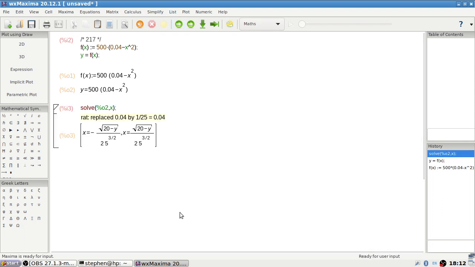Now, we've got two values, basically the plus or the minus, but the x has to be positive, 0 to 0.2. So we're going for the plus one here. So I'll just call the inverse function g, or I could give it some name like f. Maybe I can call it f inverse. It's defined as,